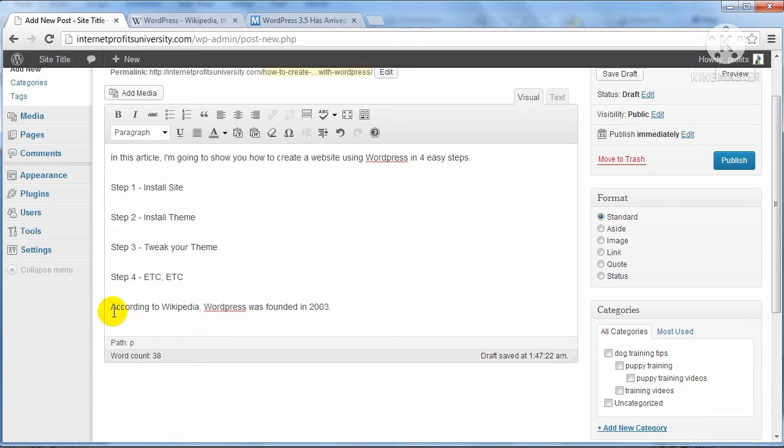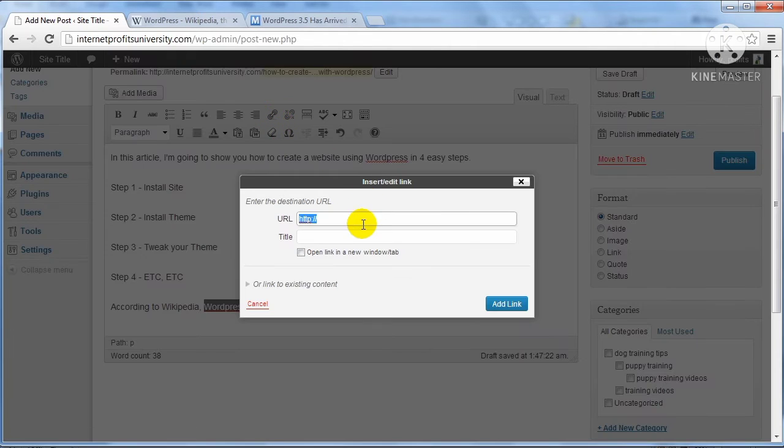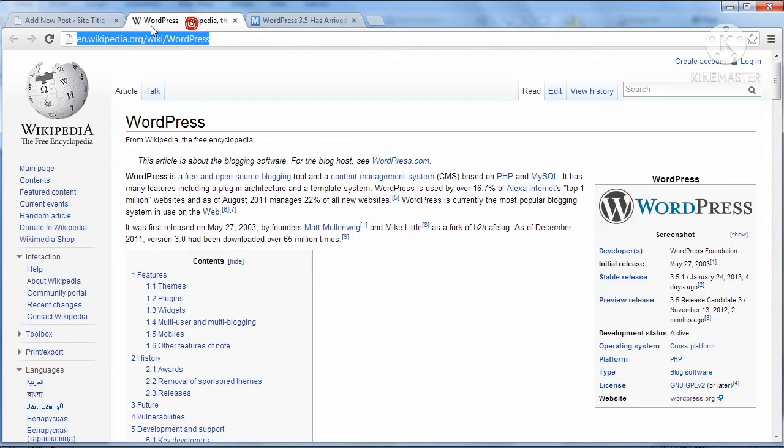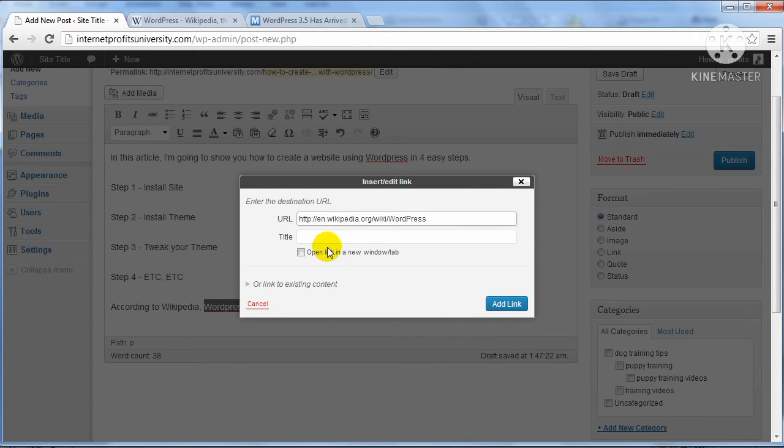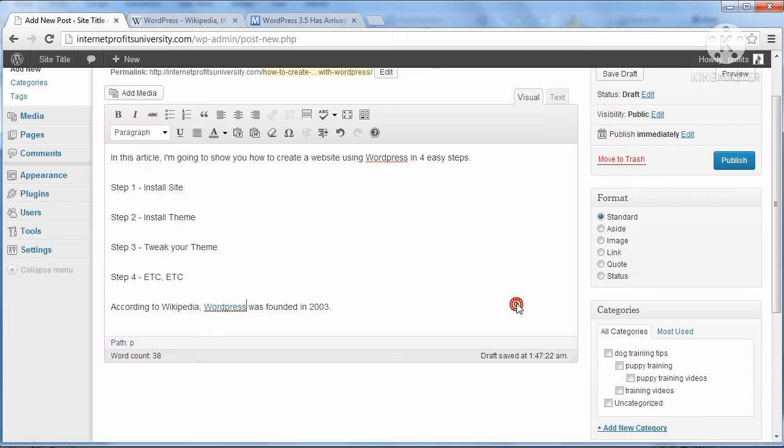Now I'm saying according to Wikipedia, WordPress was founded in blah. And what you can do is highlight the WordPress and link it, and put a link to that site, the WordPress site that we just got here, and click on open link in new window. That way, if somebody clicks on it, they will stay on your site. Click on add link,